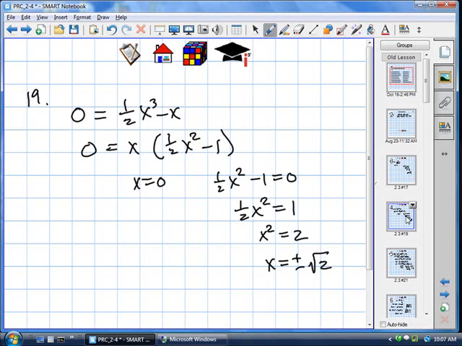So when I do that with x, there's one of my answers. And then when I do it with this thing, I added 1 to both sides, multiplied both sides by 2. Don't forget, if you take a square root, you've got to take them both. So I came up with 3 answers. This is not surprising. This is a third degree equation, maximum number of answers, 3. I would check them, but